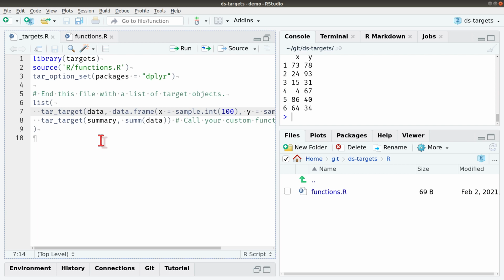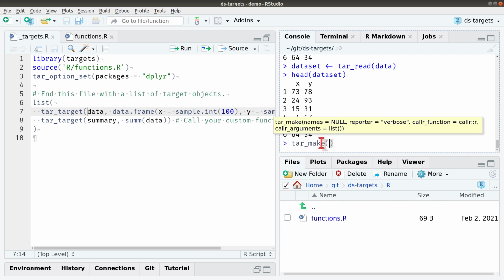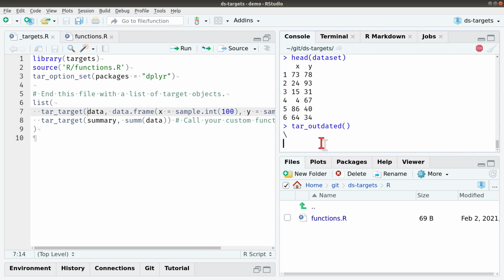That's a good question. Let's see. My guess could be that the answer is no, that you will know that they are made, but I'm very, very new to targets, so let's try that out. So tar_make would be one function to call, but you're already familiar with it. It will try to make the pipeline. So instead, I'm going to use this as an opportunity to show a new function. It's called tar_outdated. If it returns 0, it means that all the targets are up to date. And I would like to show off one other function that allows you to visualize the network of relationships between objects, and that is tar_